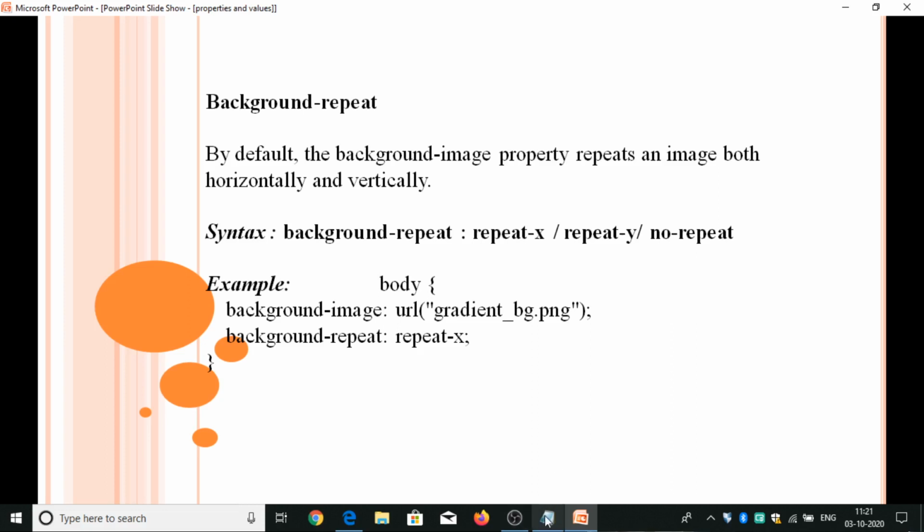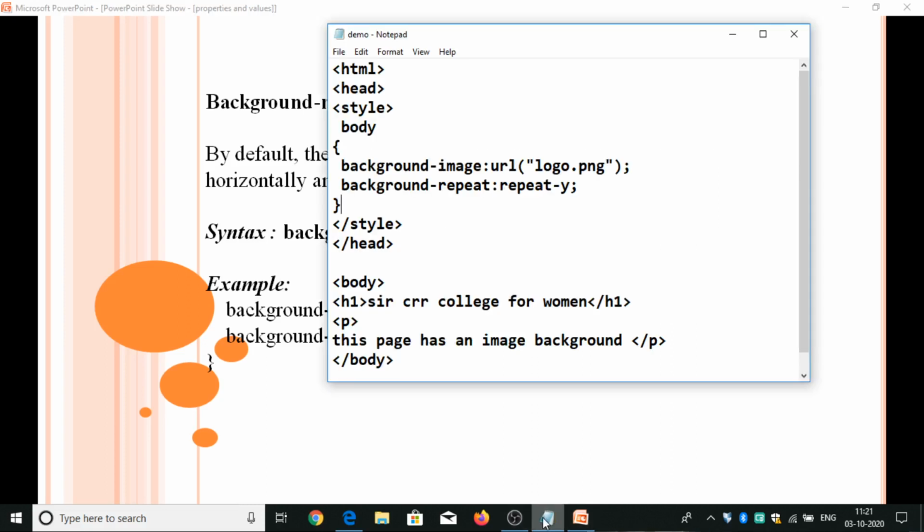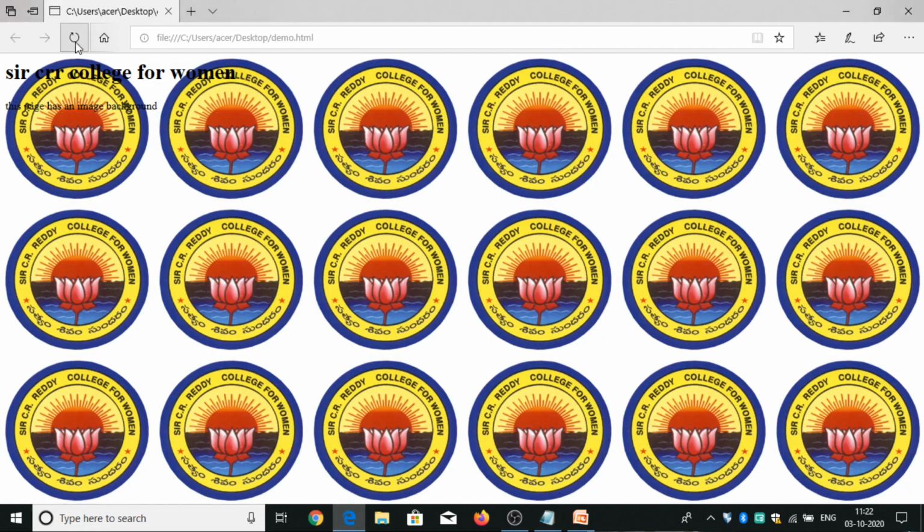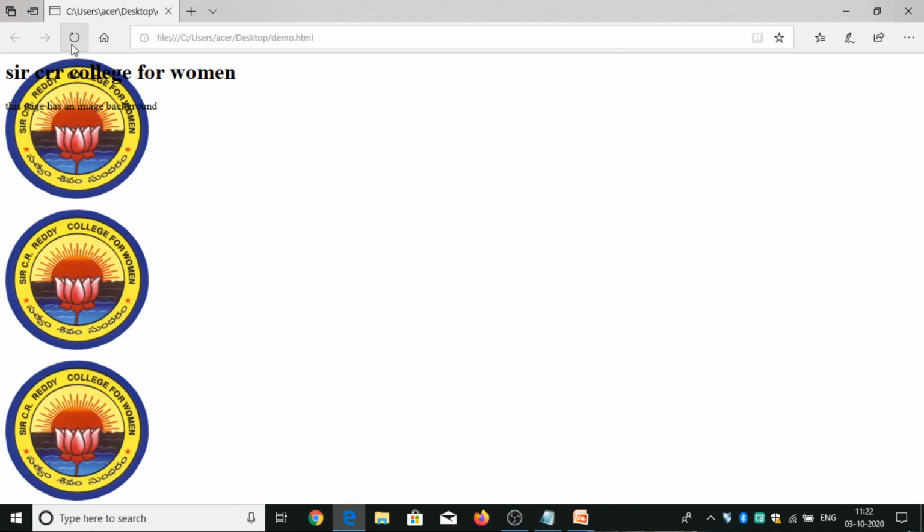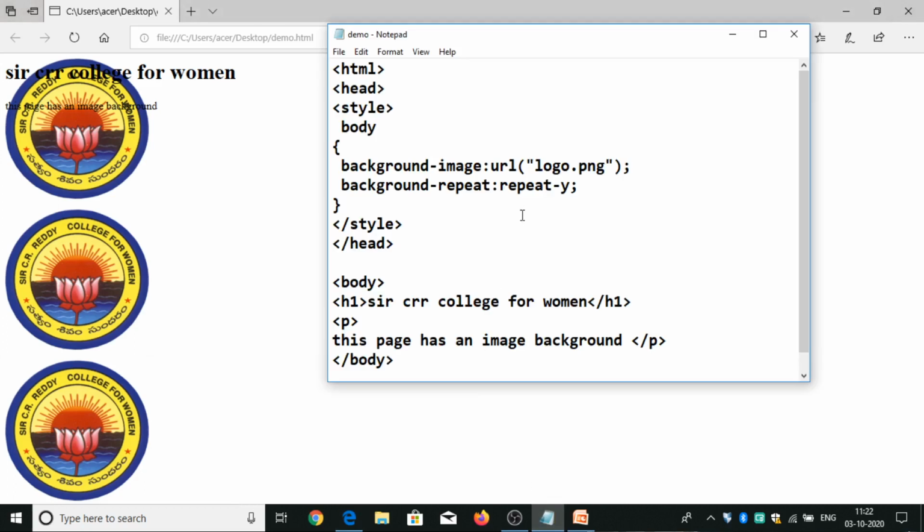Let's run this program. This is the program for a background image repeat with the y-axis. That means the image will appear vertically on the page. This is image repetition with the y-axis. If I want it on the x-axis, horizontally, then I should place repeat-x instead of y.